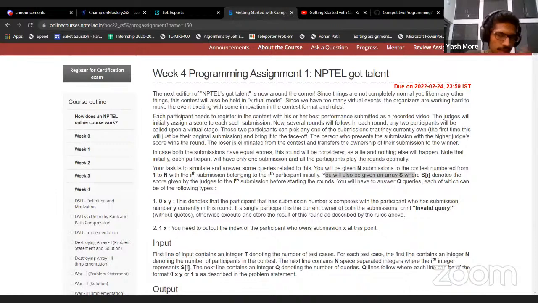Now in this event called NPTEL's Got Talent, what actually happens? There are two types of query. In the first type of query, they will give two numbers, suppose i comma j, and they will compare si and sj. If one is better than the other, suppose si is greater than sj, then the owner of this submission